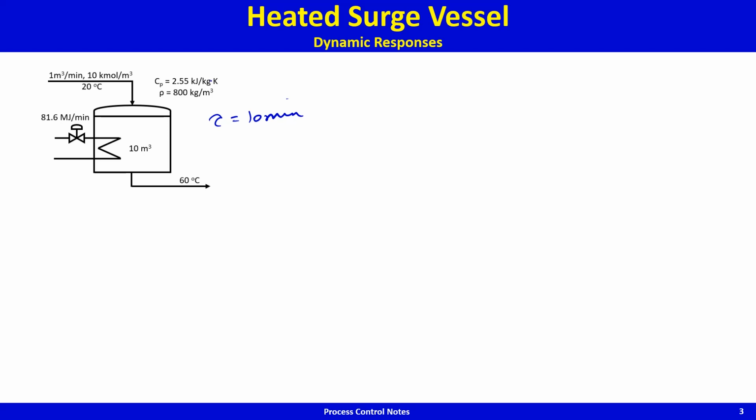Cp is very typical of organic mixtures. Density is again very typical of organic mixtures. And the temperature rises from 20 degrees Celsius to 60 degrees Celsius. So Q steady state